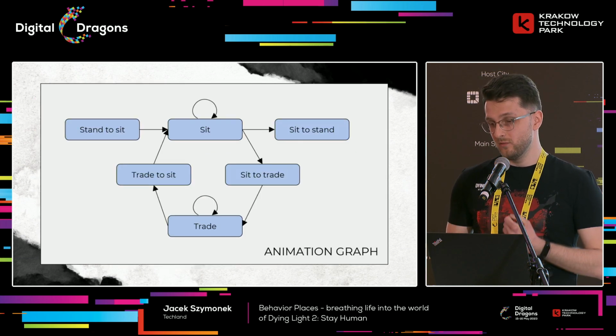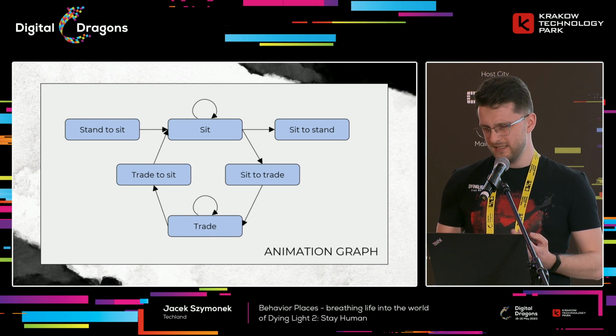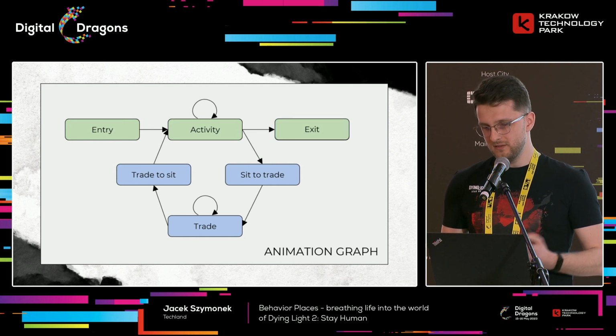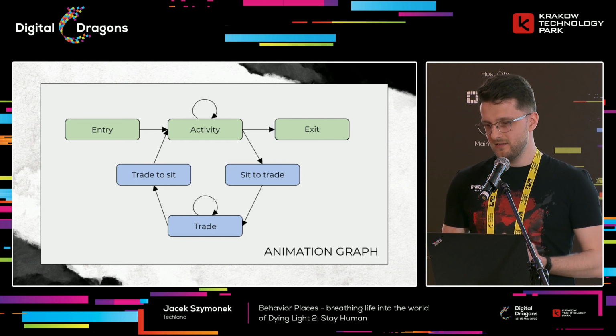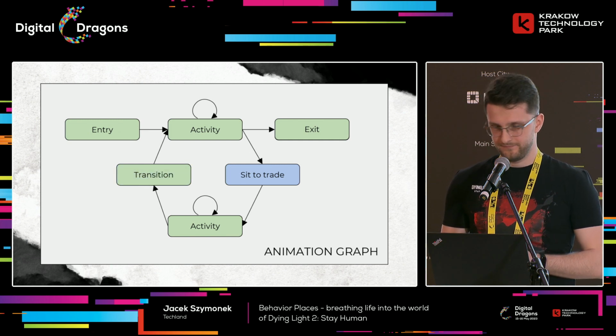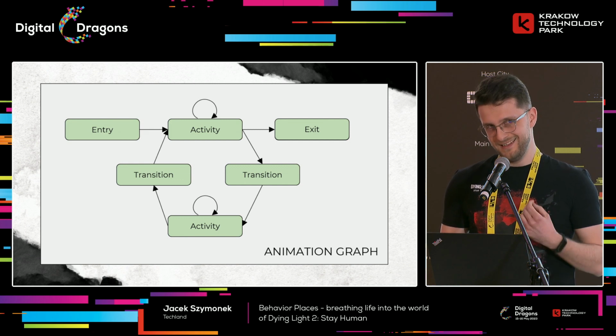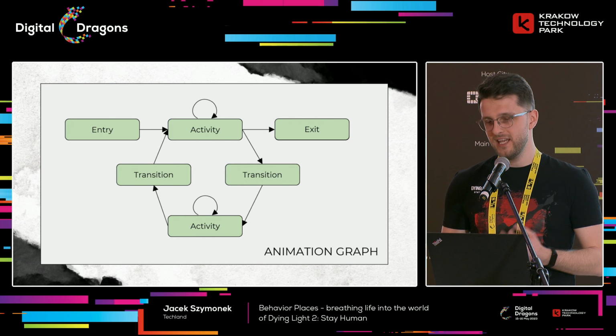What about our example with 2 activities? The 3 states at the top we've already covered in the previous example. Now let's look at the other looped animation, trade. Because it's looped, we can think of it as another kind of activity, right? What is left is these 2 states, which are transitional. They allow us to traverse between the 2 activities. To make it clear, these two are still states in the state machine. It's that their nature is transitional. There's still an actual blending going on between those states.